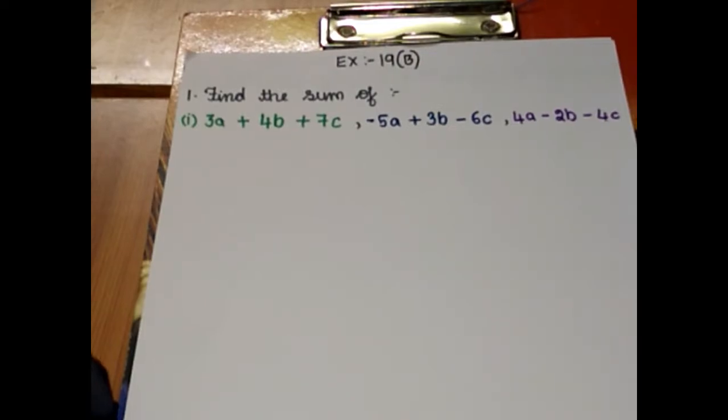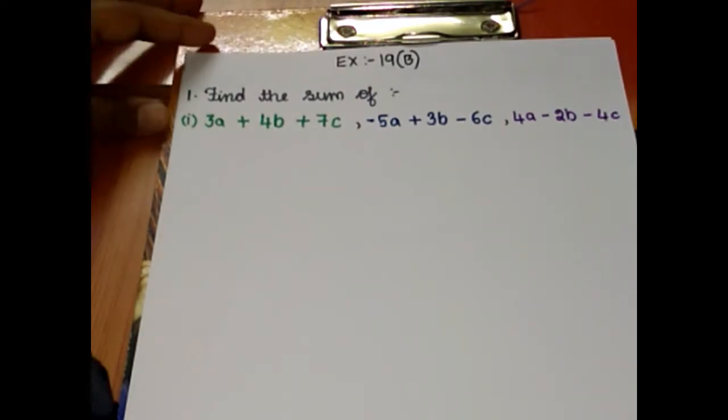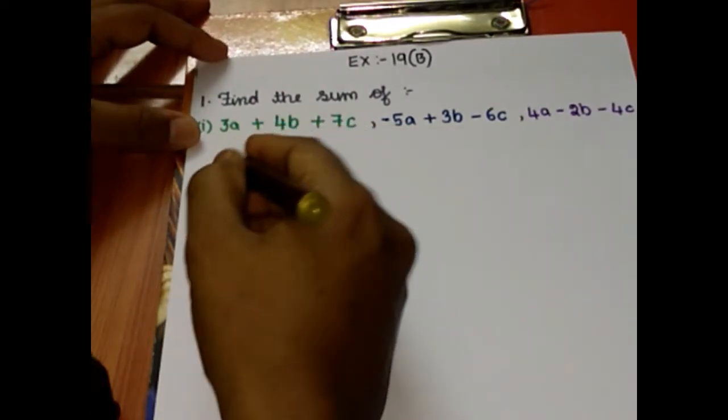In the first main we have 6 problems. For all the 6 problems I'll be teaching you how to find the solution by using the row method as well as the column method. In your classwork you have to learn and write both the methods, but in the examination or in the test you can follow any one method which you feel is convenient. But while learning you have to learn both the methods. So the first method is called the row method.